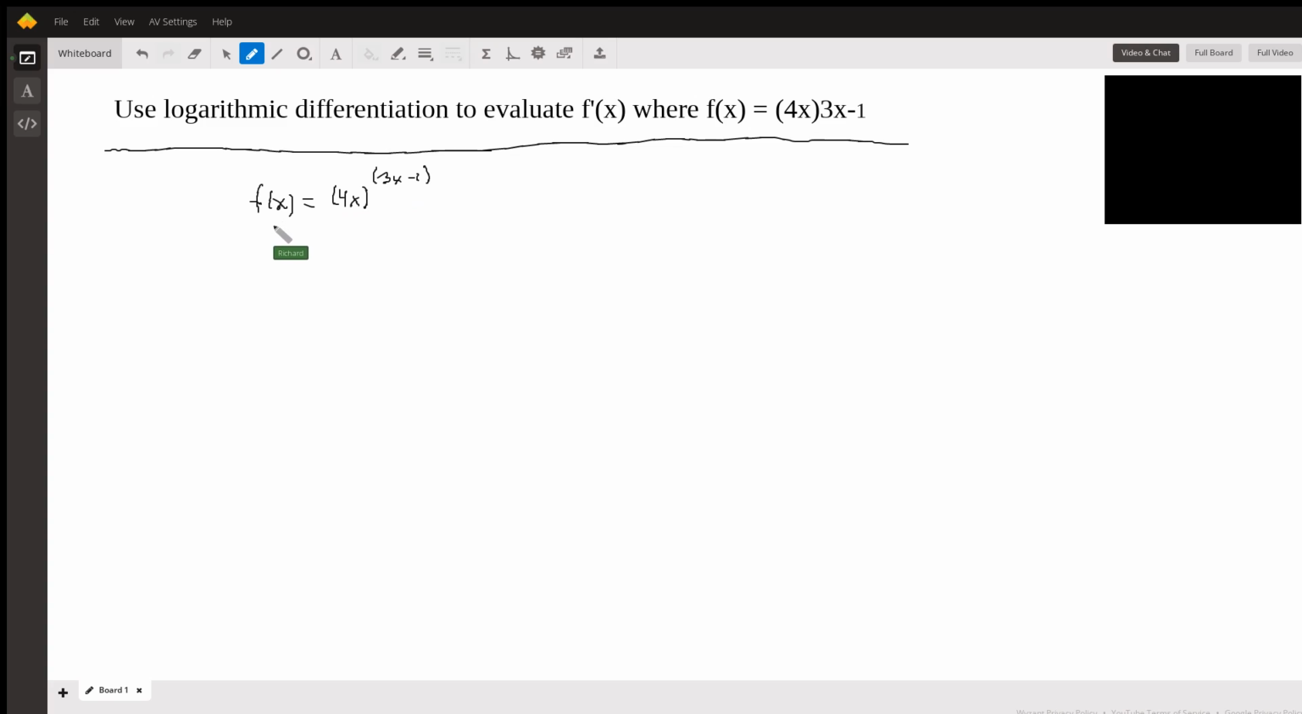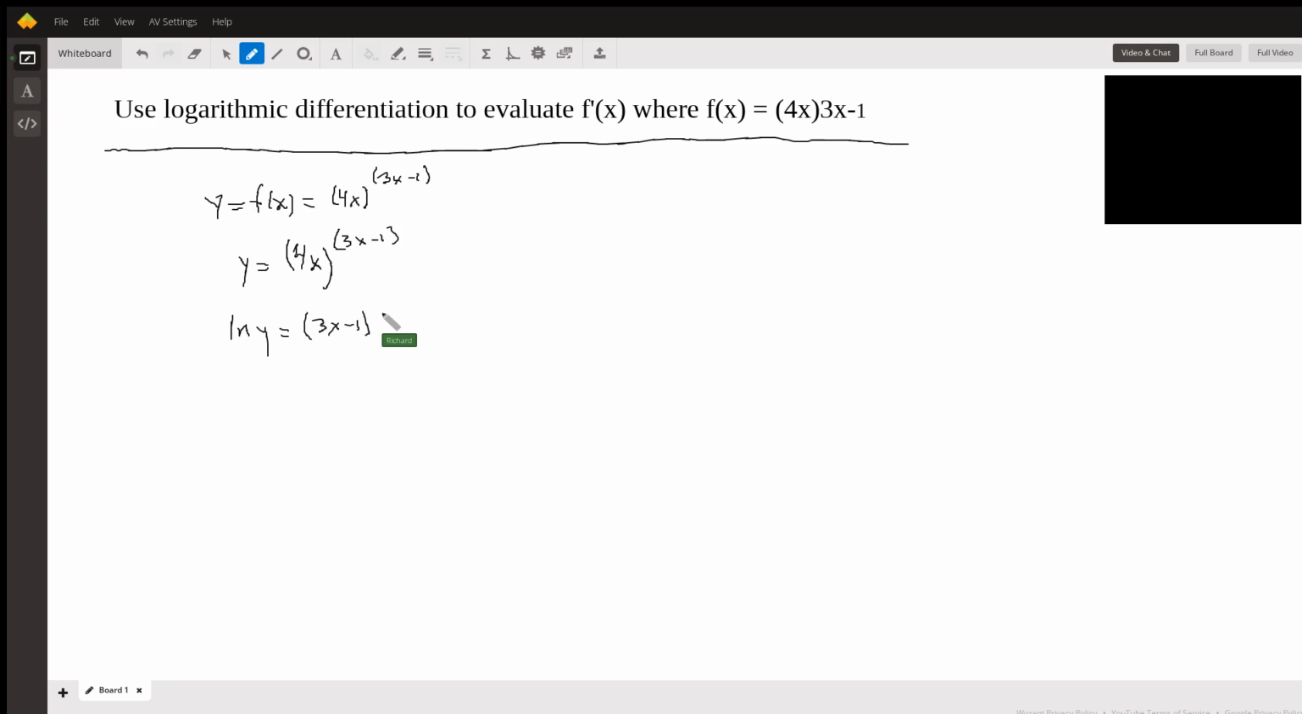So let's just rework this. I'm going to write this as y. I'm just going to set y equal to f of x, which is a traditional thing to do. And so I'm just going to copy it down here. 4x to the 3x minus 1. So the nice thing about the log is we can take the log of both sides and we can deal with this in a different way. So we'll take the natural log of y is equal to 3x minus 1 times,